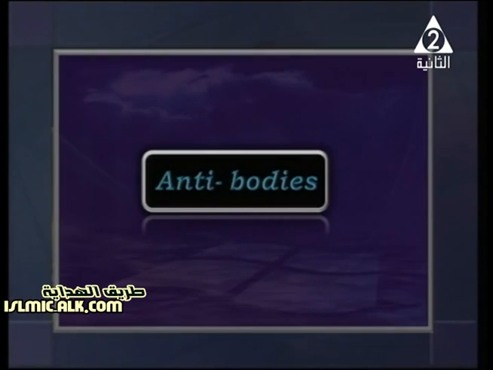Also, we have number 6, the antibodies, and we're going to study antibodies in detail. We have a lot of information about the antibodies: where they are located, what they look like, and what their function is. You also need to know the shape and the structure of the antibodies. Starting with